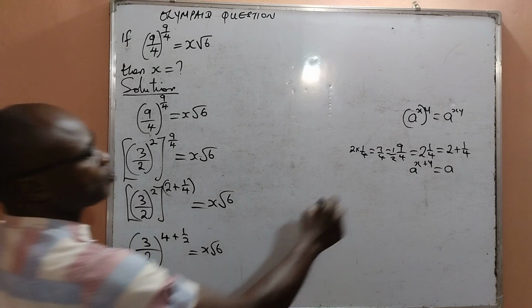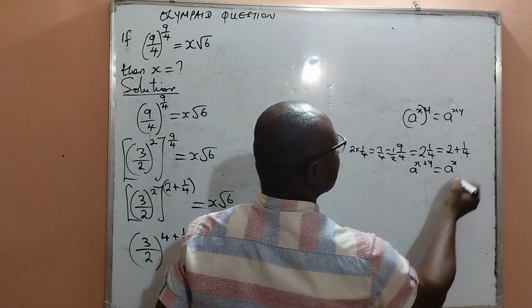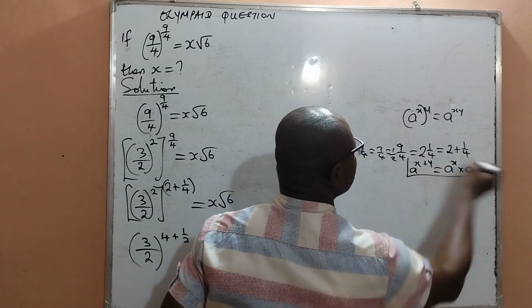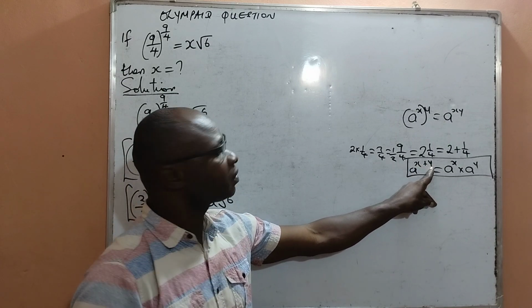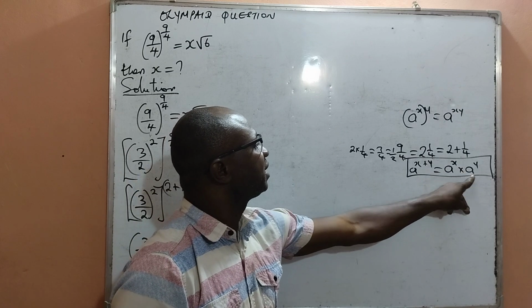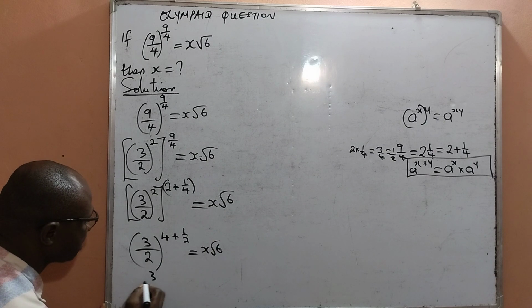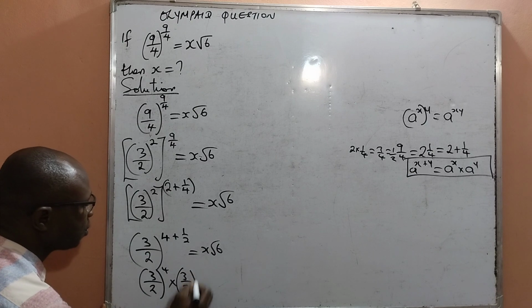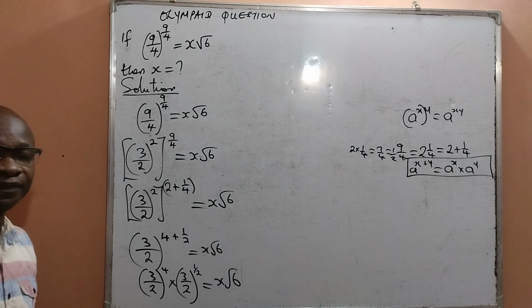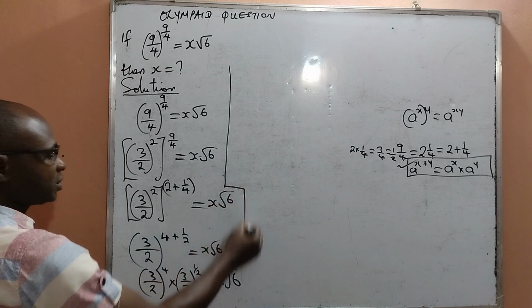Then, what I wanted to write here can be expressed with another law: a raised to the power x plus y is equal to a raised to the power x multiplied by a raised to the power y. I will apply it at this step. Therefore, it can be written as (3/2) to the power of 4 multiplied by (3/2) to the power of 1/2, equal to x root 6. I have applied this law. Good. Moving forward,